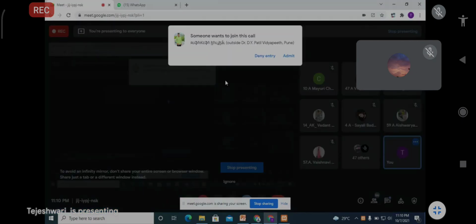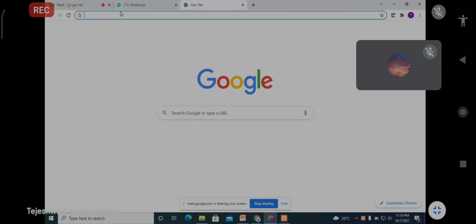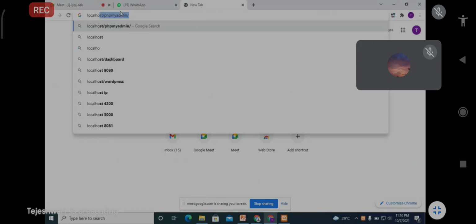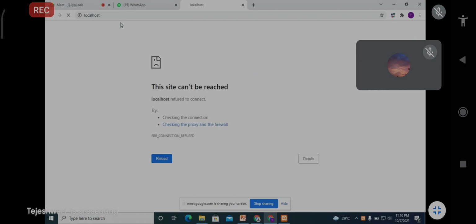I will show you. Suppose I just type localhost here. What do you get? You get this: this site can't be reached.